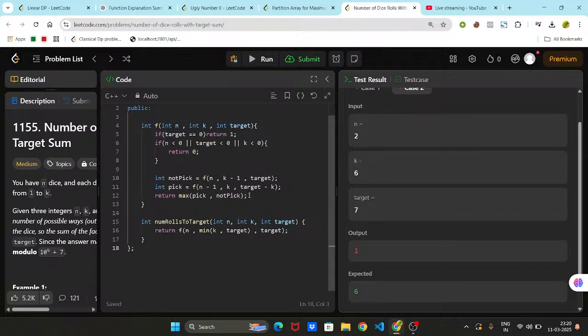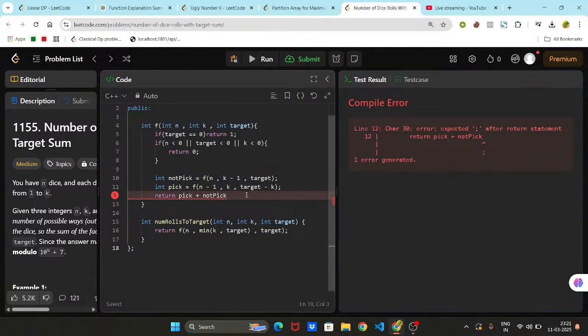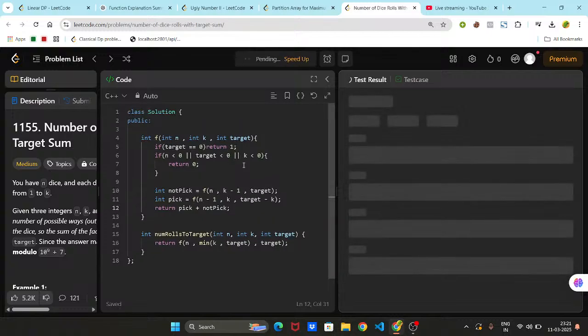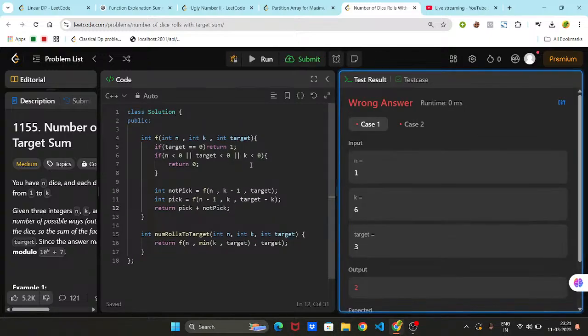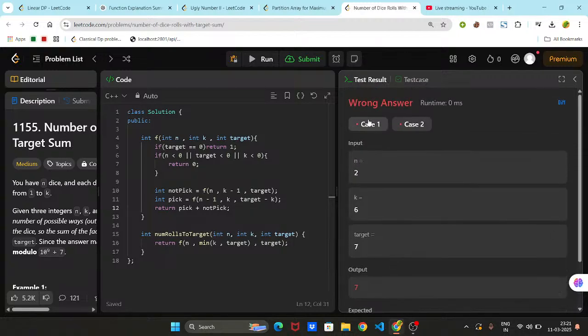Okay, so one thing, I need to return the total number of ways, not this. So what do I need to do? I need to have pick plus not pick, not max. So this was one mistake I was making. So yeah, I got 2 and I got 7. Alright, so there is